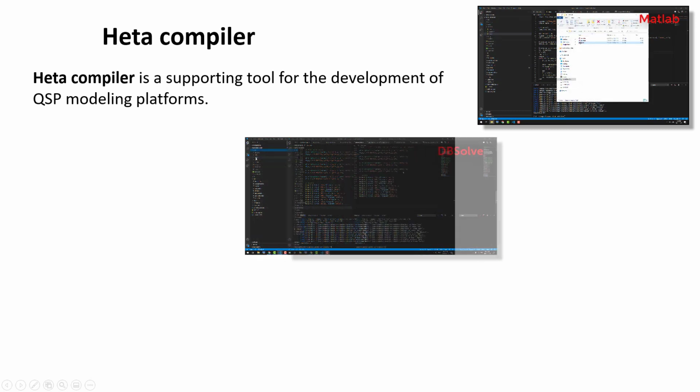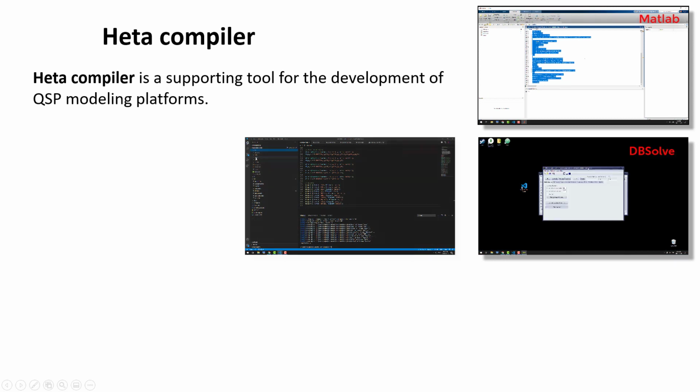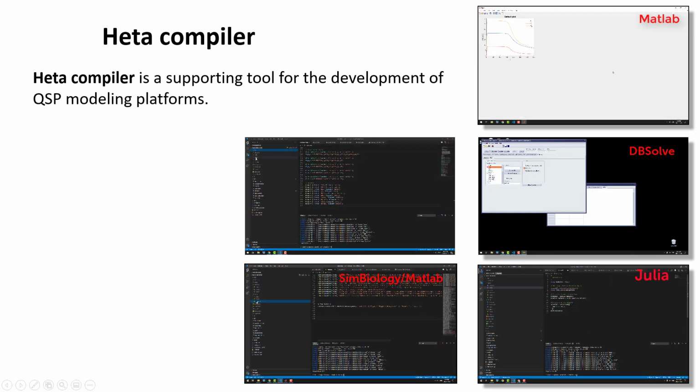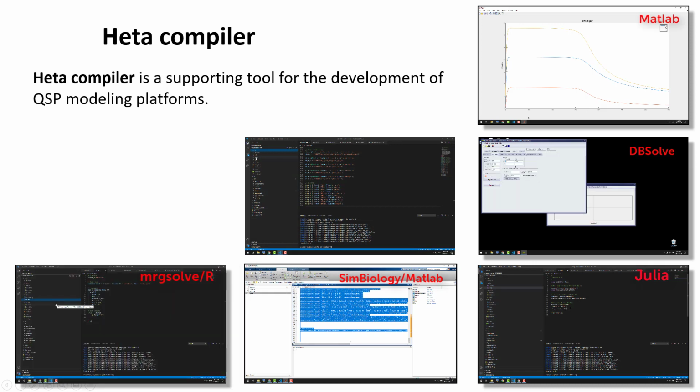Heta compiler supports different export formats, and you can run Heta models in your favorite tool right now. It integrates all Heta modules into the modeling platform and produces executable simulation code.